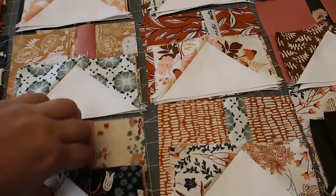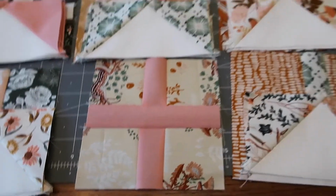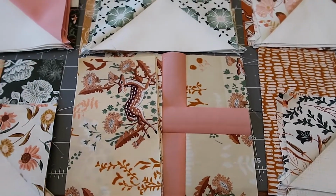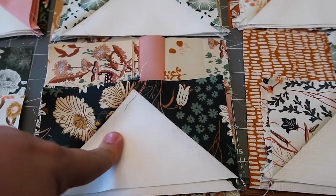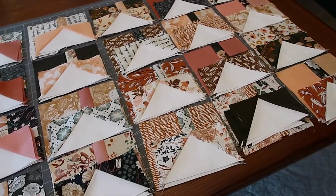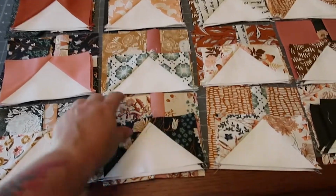So I finished all of these cross square pieces, and then I went and matched the pieces to the outside because these are gonna go together. And then I went around and laid them out. I haven't trimmed these yet, but I kind of started making matches. This is just the first layout. I probably will move some around, but that's how I went about it because these are gonna be sewn to